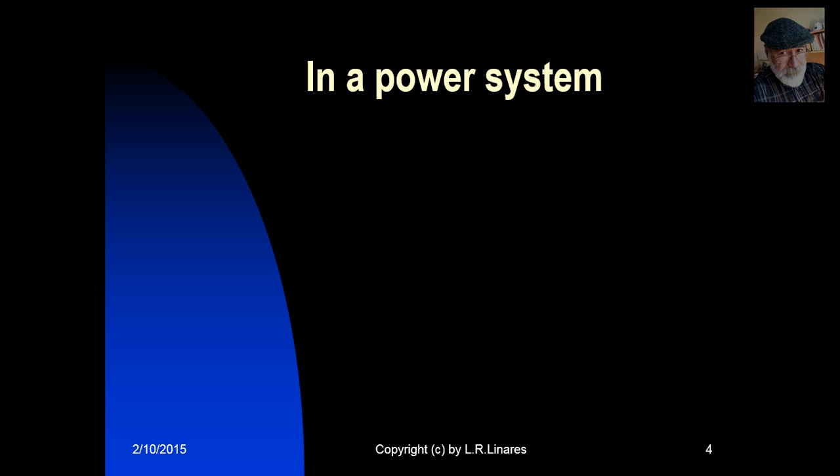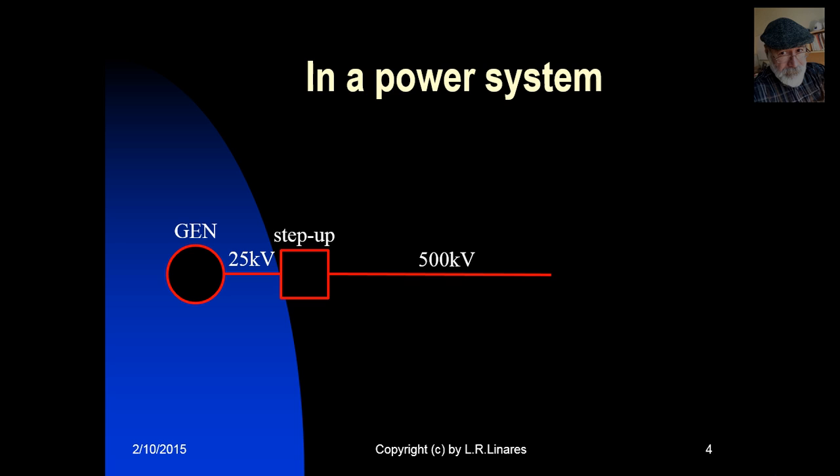In the power system, we use both step-up and step-down transformers. Check this out. We have a generator that is delivering power at about 20, 25, 30,000 volts. It sounds like a lot, but it's not high enough to transmit power. What do we do? We use a step-up transformer to raise the voltage to about 500,000 volts here in the province. And once we arrive near town, then we use a step-down transformer to lower the voltage to 100,000 volts perhaps,